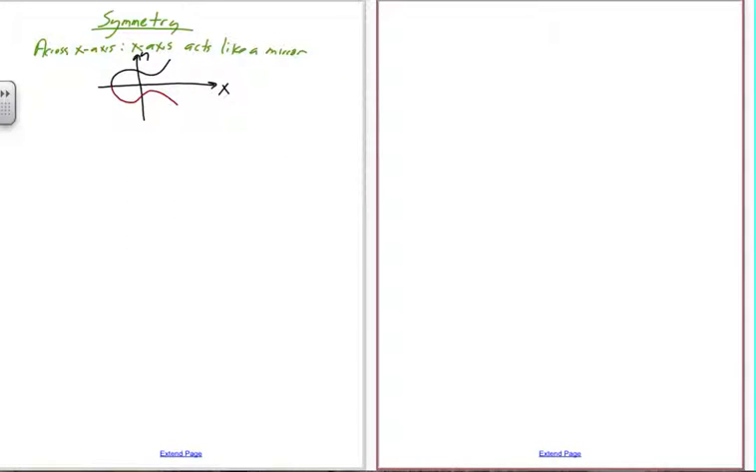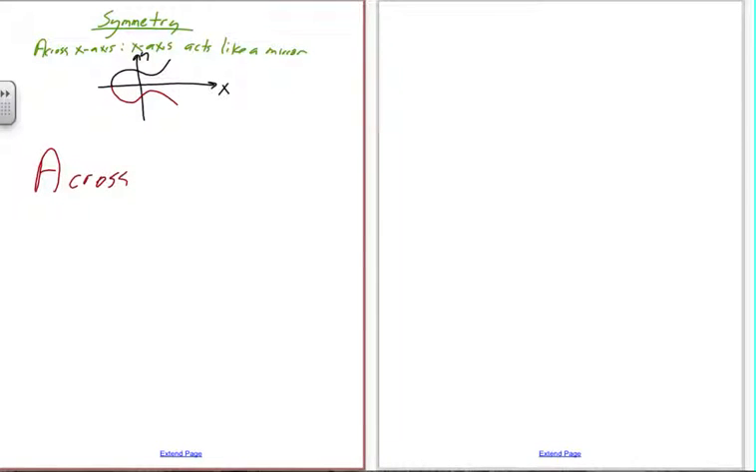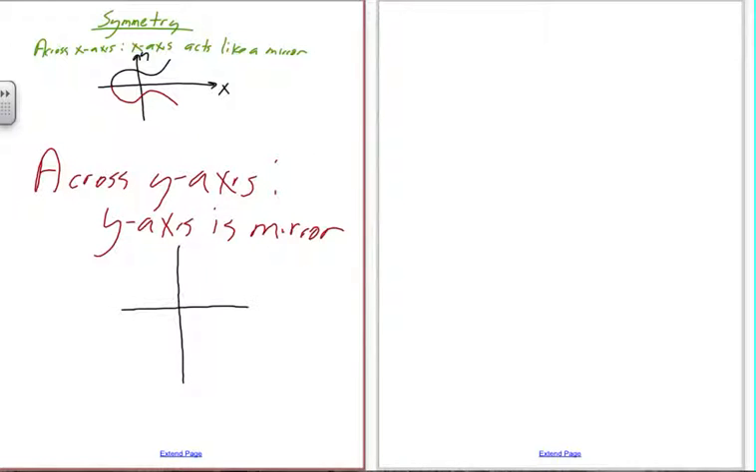Okay, we're also going to deal with across the y-axis. This is just like this, except instead of the x-axis acting like a mirror, the y-axis is the mirror. And again, I'll draw one here. Here's my coordinate plane. My function,